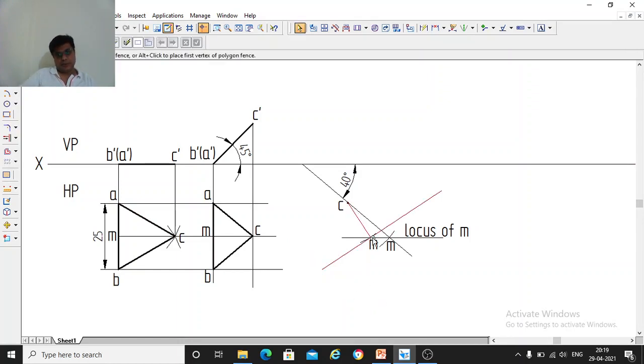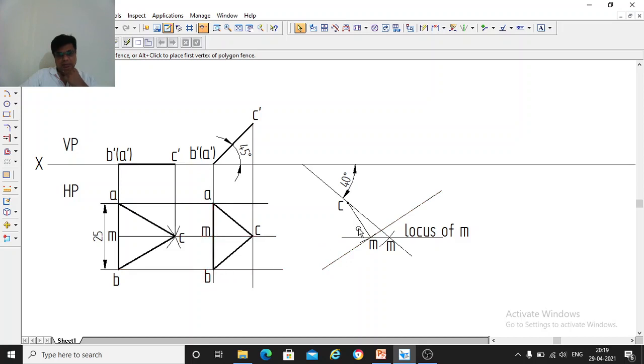So you can see here CM, you draw a line perpendicular to CM, this CM, not this CM. So to this CM we draw a perpendicular line because in this top view AB is perpendicular to CM. And next you measure the distance of M and A, median to this point. With the compass you measure that and take the distance from M to A, so that A will be on this line.